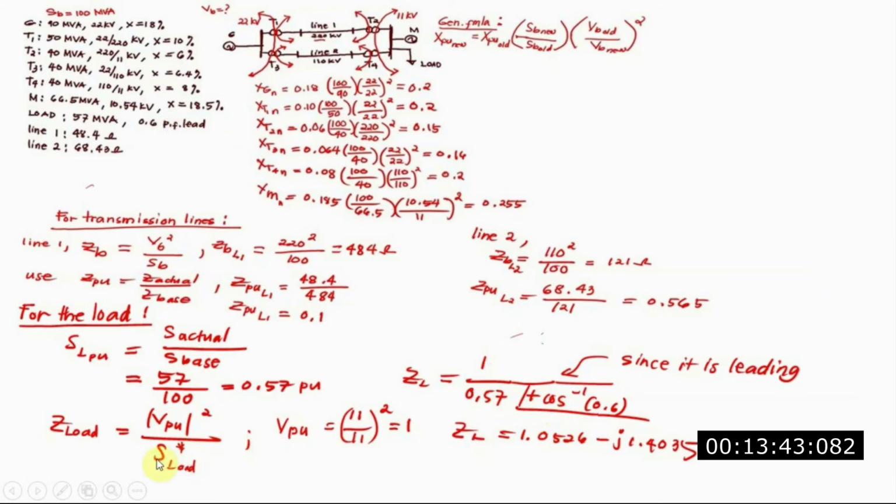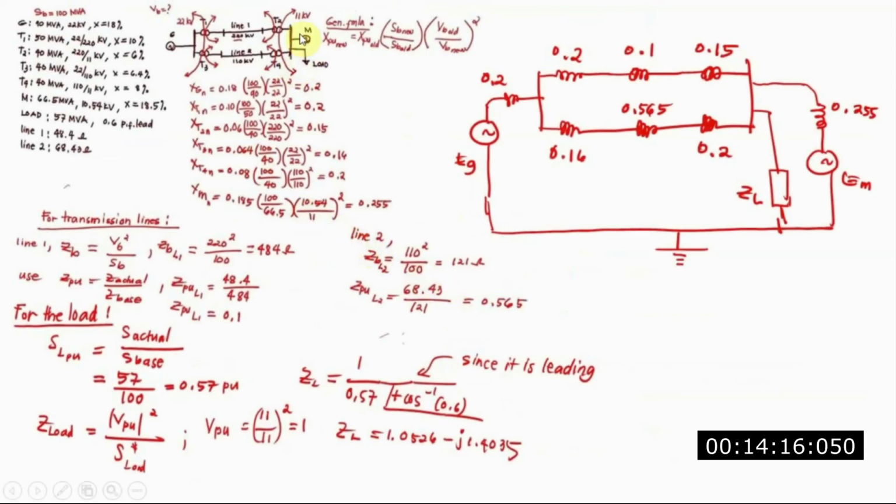But according to the formula, we are going to take the conjugate of the negative value, so that becomes positive. So we put here positive cosine inverse 0.6 because it is conjugate. Doing the calculation, we get the impedance value of the load, which is 1.0526 minus j1.4035. Okay, so we now represent everything from the single line diagram in this reactance diagram,